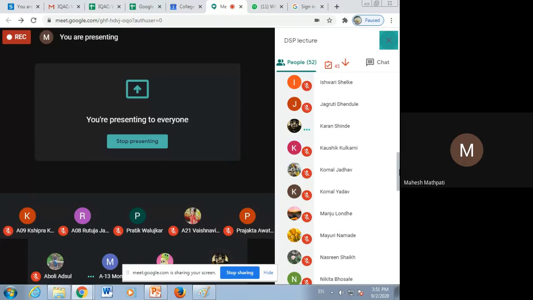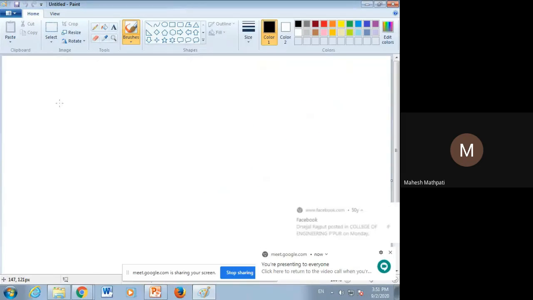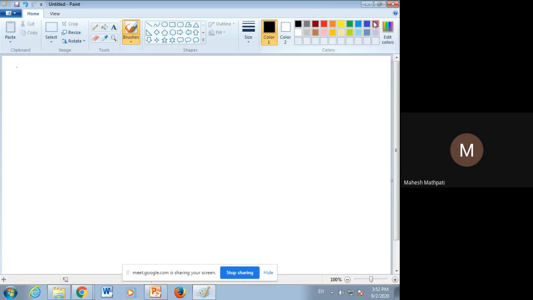Yes. Thank you, Karan. Now let's write the third step. We just write to calculate the truncated values of h of n. Notations थोडंफार इकडे तिकडे होतील. So please you remember the steps to calculate the truncated values of h of n. So what we are writing here is h of n equals to, this is our third step,